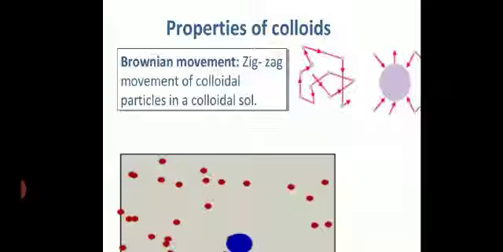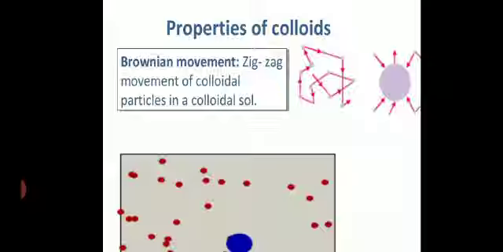The reason for the Brownian movement is based on the fact that the molecules of the dispersion medium, due to their kinetic energy, strike the colloidal particles. Here you can see two types of color, blue color and red color, below in the picture. One is a dispersed particle and the other is the dispersion medium particles. When they strike each other, they move randomly in different directions, and the movement it shows is a zigzag movement, a random movement. Got it? So that particular movement is known as Brownian movement.